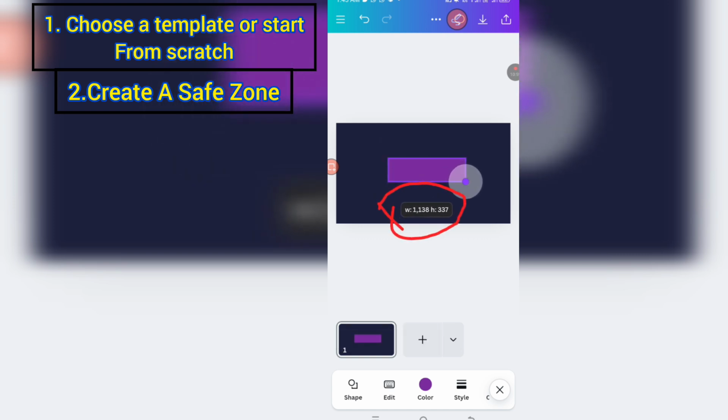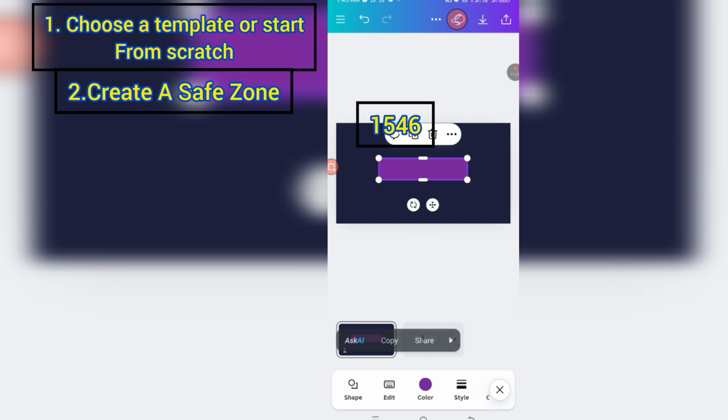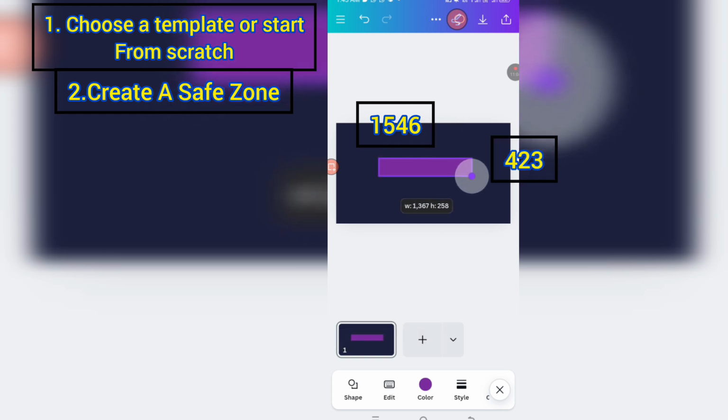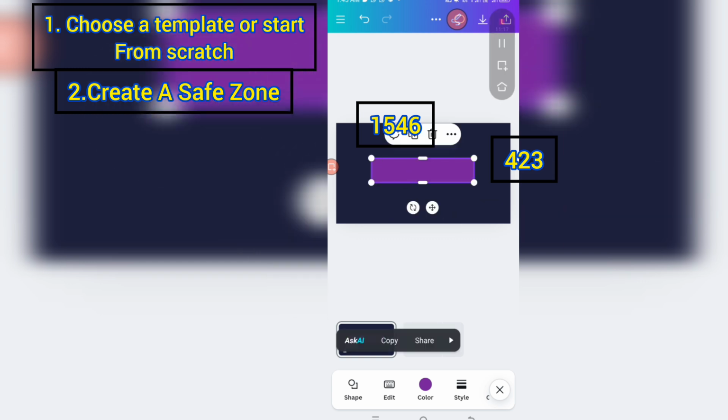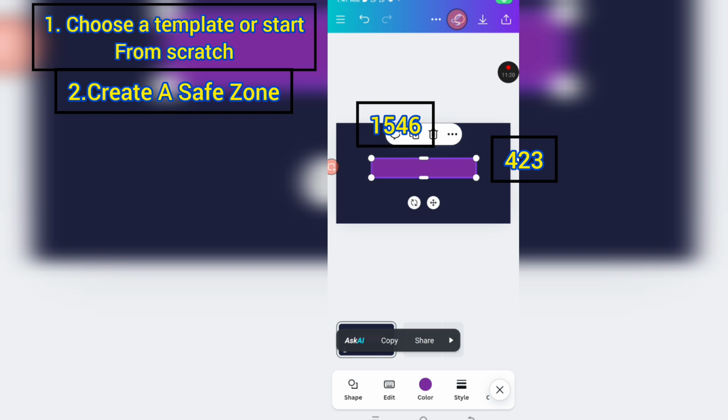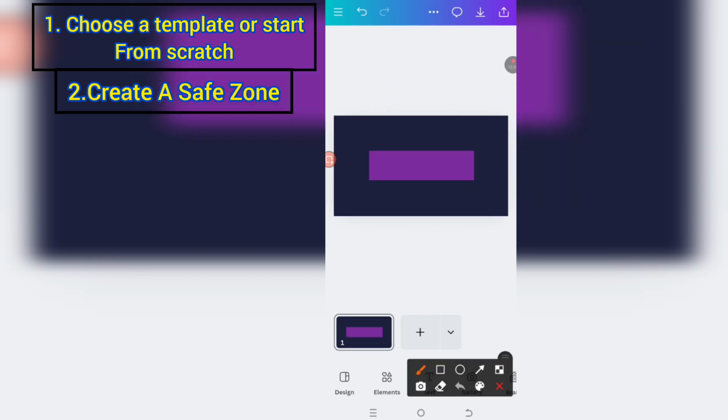So as you're zooming it, you can see the size displaying. The normal size for safe zone is 1546 by 423 pixels. So try as much as possible to zoom and drag it until you get the required size, or something a bit closer to that size, but not something more than that required size. Make sure the safe zone is in the middle. So just drag it up and down until you get the right size. So all our design, everything we'll be adding will be